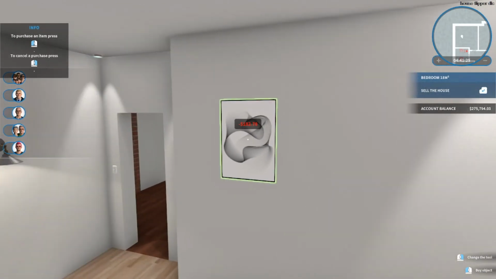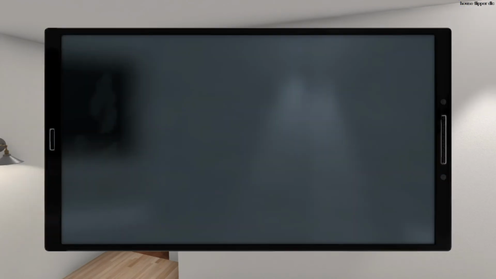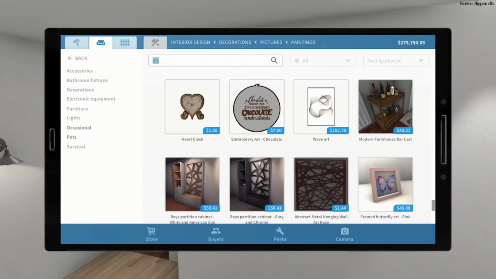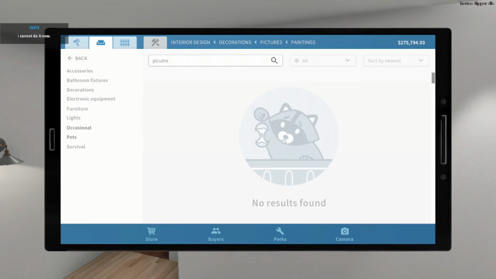I can't rotate it. Rats, let's see. So there's one more. I put in art, and I think the other options are picture, because it does bring up some workshop art. Picture, oh yeah, I can spell, okay. Picture,